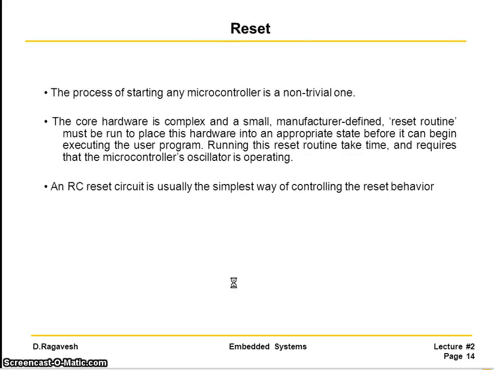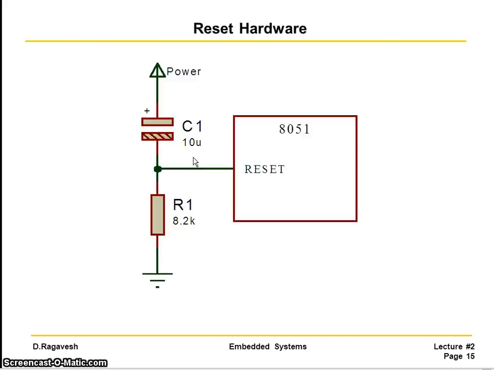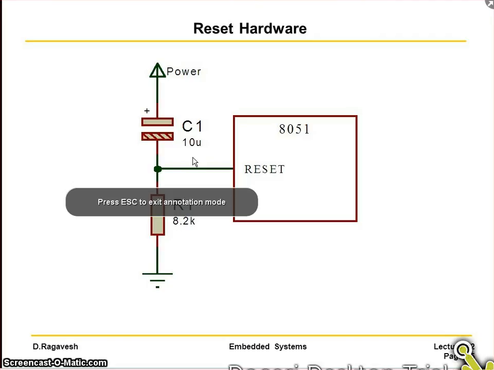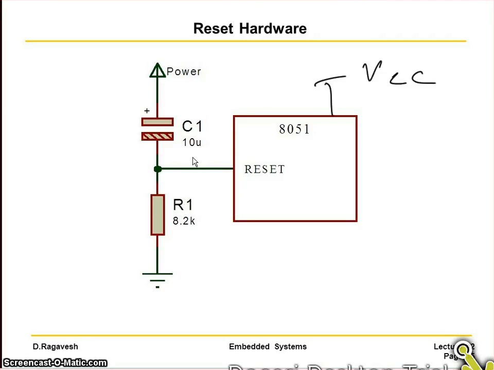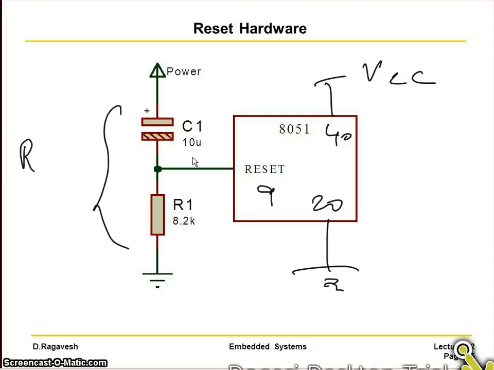And as I mentioned, the simple reset circuit is going to have an important role, which is to put the microcontroller always in a well defined state. So what is that simplest hardware? You can see a microcontroller. Of course we power it with VCC, and there is a ground, and pin number 9 is for reset, and we are going to connect it through a simple RC arrangement. This is called a reset circuit.